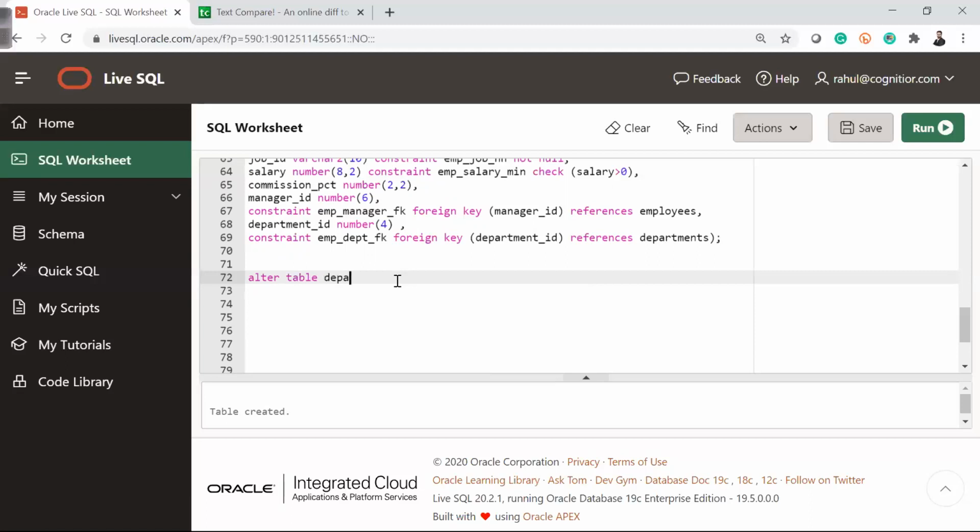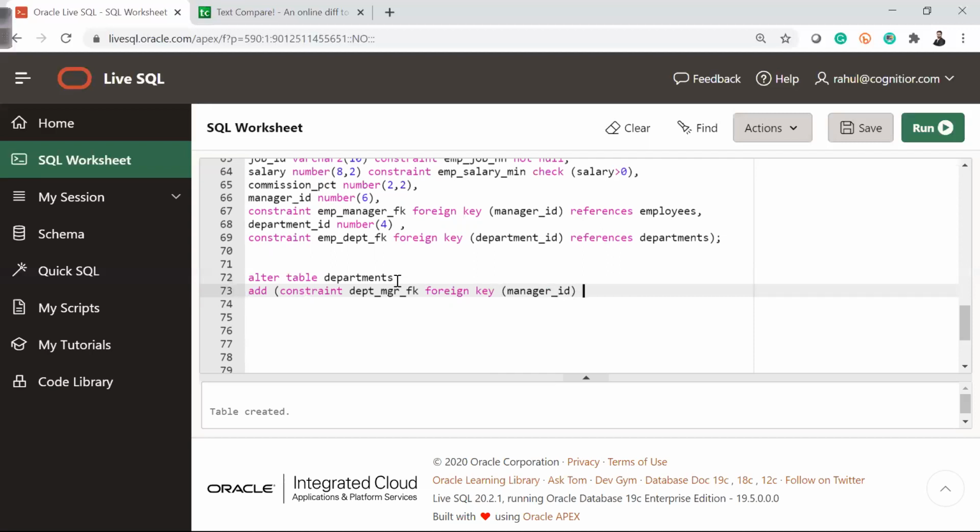Alter table departments, and I want to add the constraint dpt_mgr_fk foreign key manager ID references employee ID. Getting it? So now if I execute this,